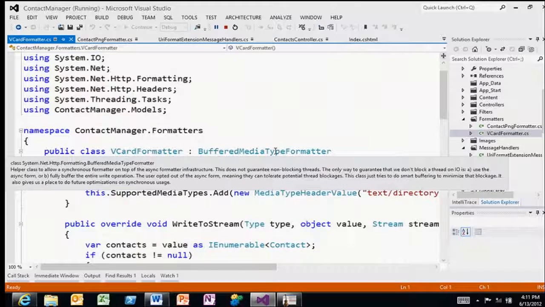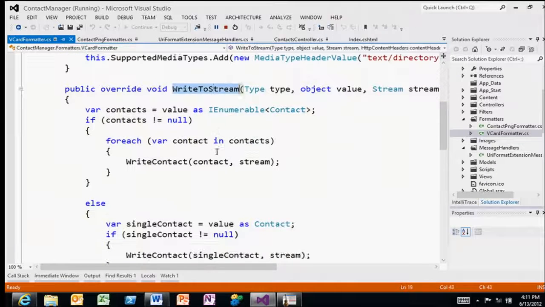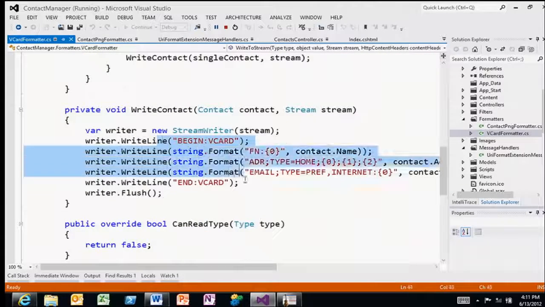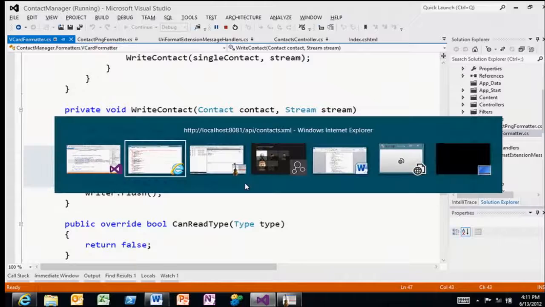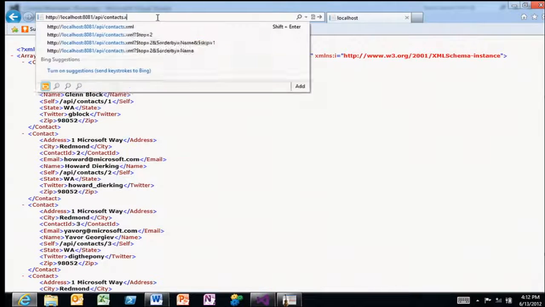I have another formatter here. This is a V-card formatter. This is like an electronic business card format. Similar concept. I implement write to stream. This can take either an enumeration of contacts or just a single one, and then it just writes out to the stream the text for V-card. So let me show you what that looks like. And I'm going to use the file extension convention to request this data. Okay, you already saw XML. That was cool. Let me do